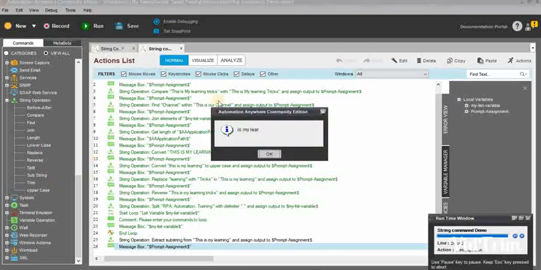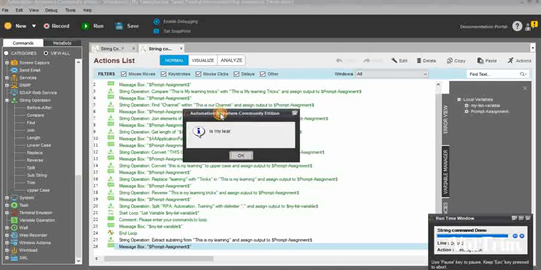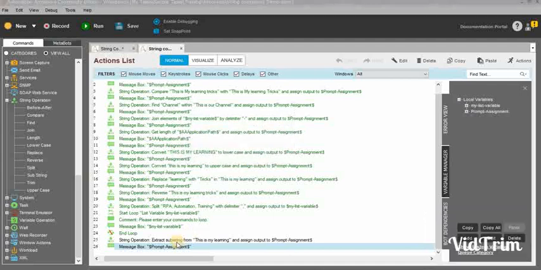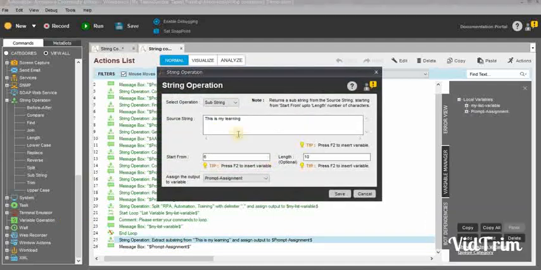The runtime window has been started. You can see the results. "Is my LEAR." As I mentioned earlier, we can see the results in the message box. "Is my LEAR" means it started from the 6th character, and we have limited the characters to 10 in the length.